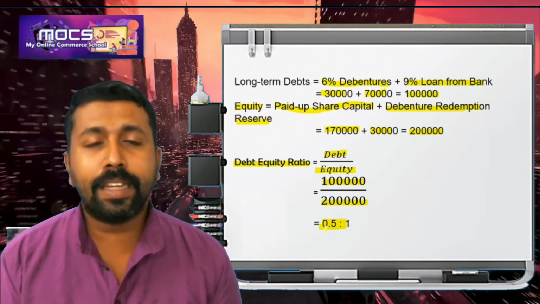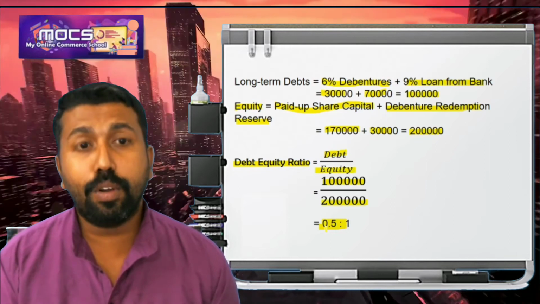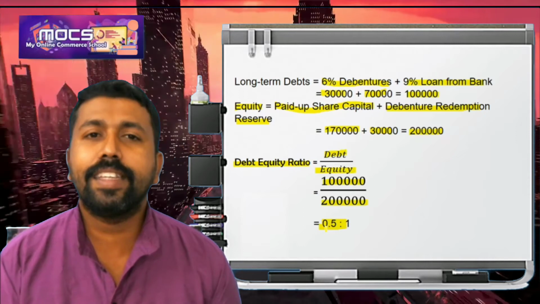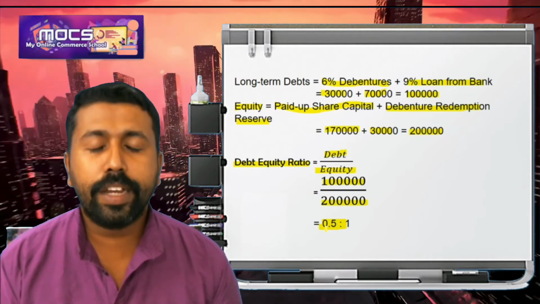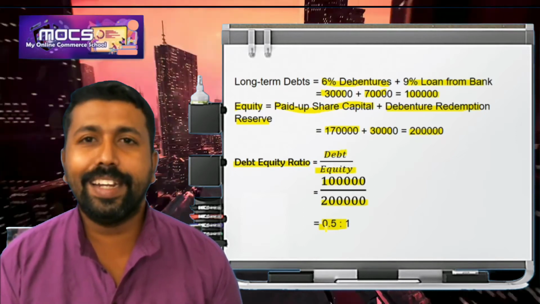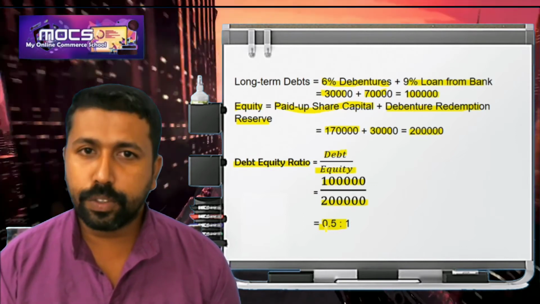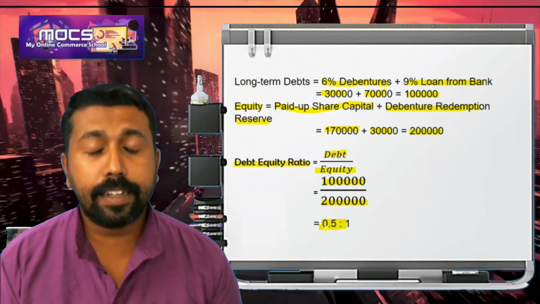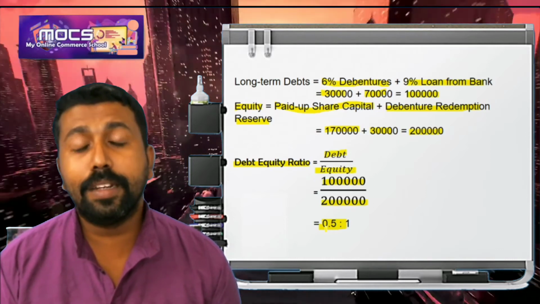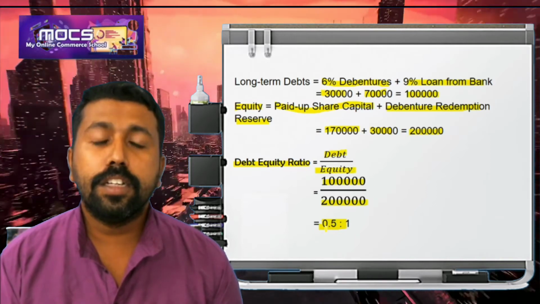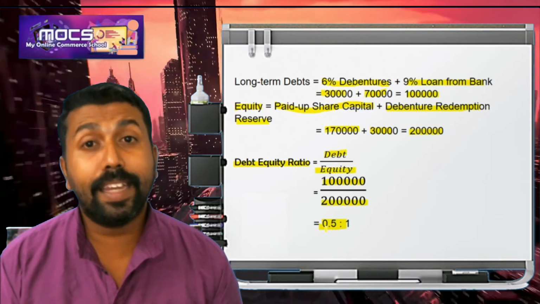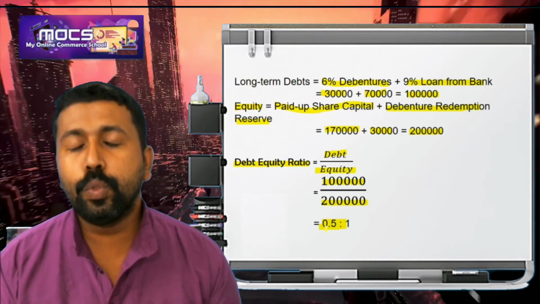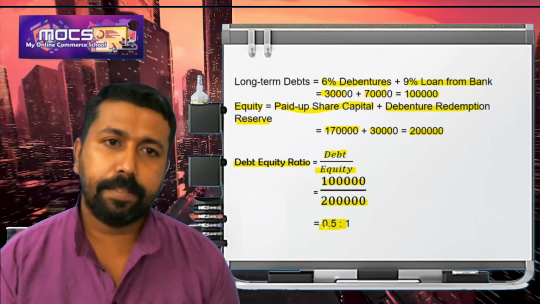A lot of problems are there in your textbook. You can solve all those problems, variety, application level, higher order thinking questions are there. Please solve them to enrich your knowledge regarding debt equity ratio. So in a nutshell, I would like to recall, it is a ratio which shows the relationship between debt and equity. It is used to find out whether the firm is able to repay the amount of long-term debt using the money of shareholders fund.